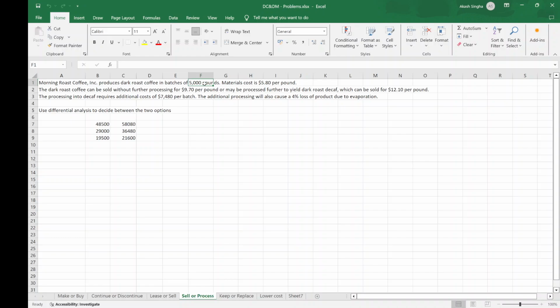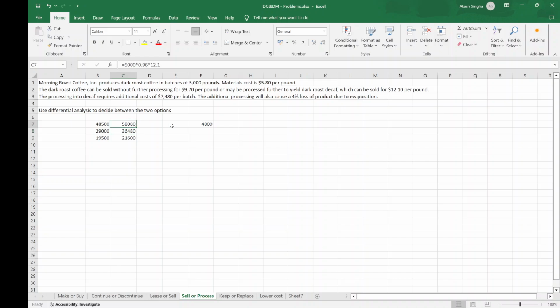So if we don't do it, 5,000 into 5.80, which is this much, is our cost. Our revenue will be 5,000 into 9.7. So total profit will be 95000. Now if we do batch processing, what will be our revenue? A 4% loss of 5,000 means 5,000 into 0.96, 4800 will be our unit number, which we will sell at 12.10 per pound, right? 4800 into 12.10